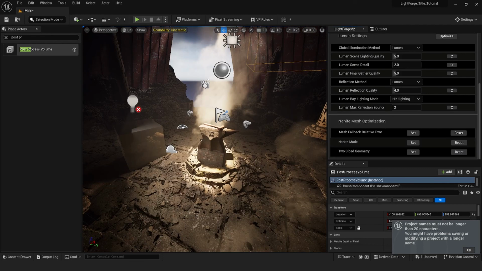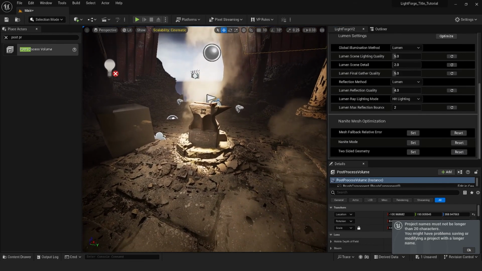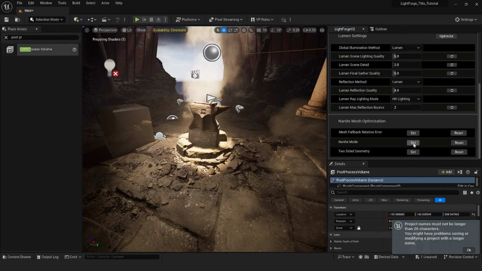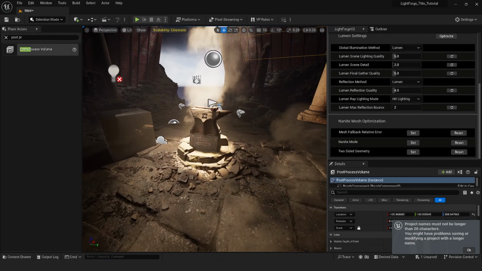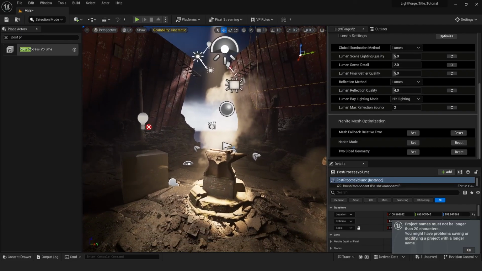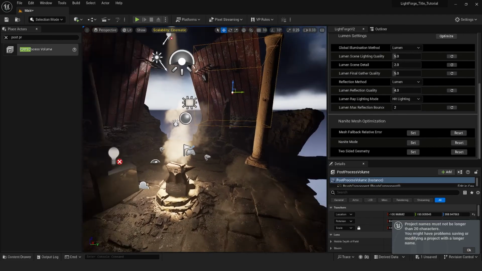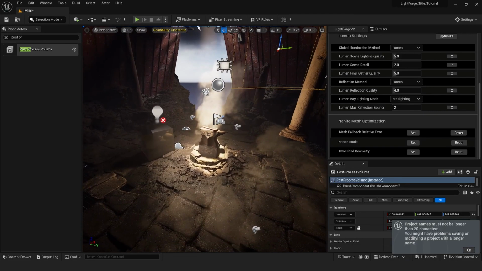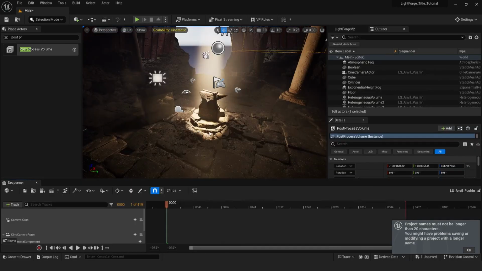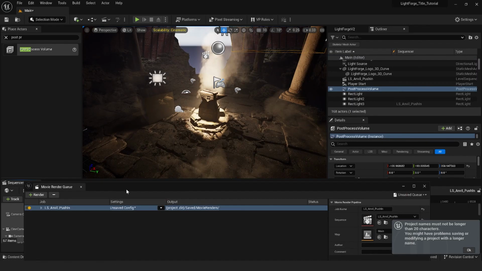Then all I have to do is go in here, and to fix this weird shadowing issue, I'm just going to click on set for this Nanite mode. And now you can see our scene is fully fixed. We have really nice lighting in here. It's looking really good. And if I want to render my scene, I can go into my sequencer and click here,